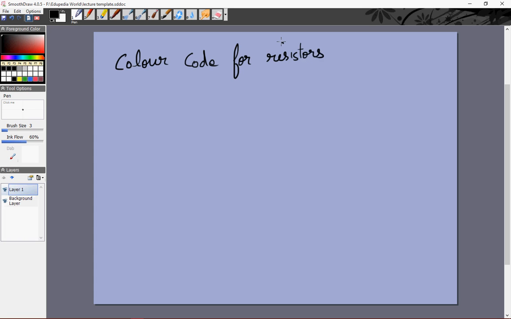In board exams and CBSE, you'll probably have to remember the table, but for entrance examinations like IIT JEE, you don't have to remember the table. Technically this is in the syllabus, but they don't expect you to remember the values for each and every color. What happens is, when you get